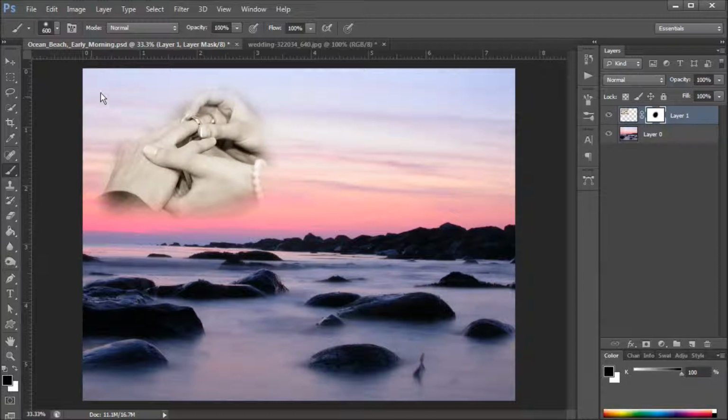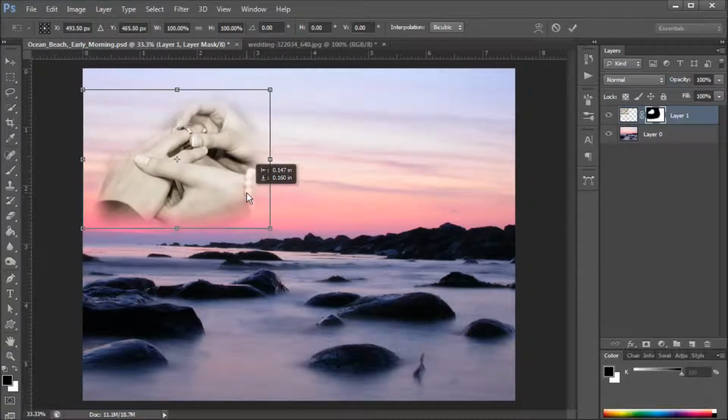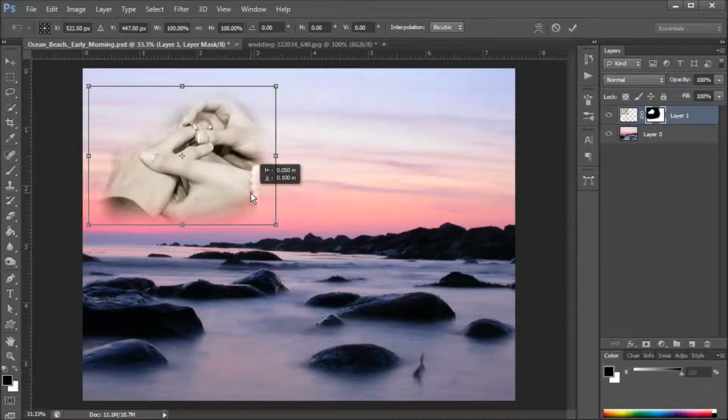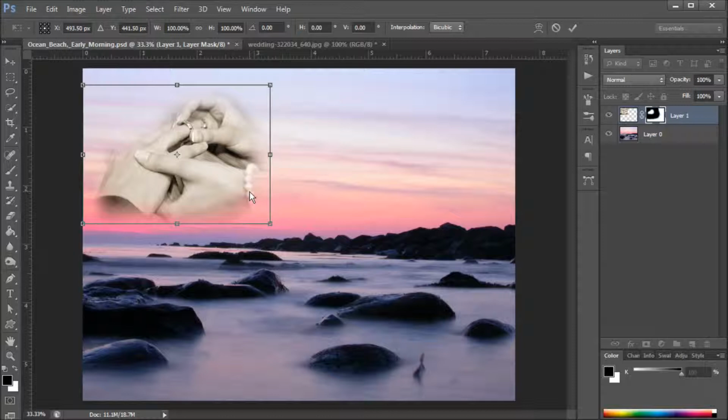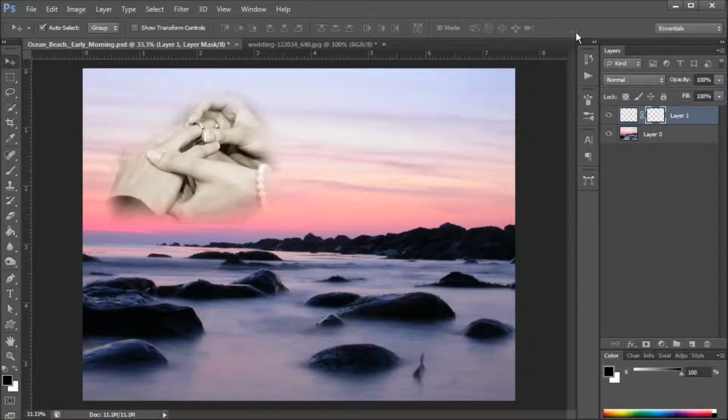And just a little bit more. And I think that looks pretty good. Maybe we'll take out a little bit more here. And that looks pretty good. So what we can do now is, if you like that position, we'll keep it there. Let's see, maybe we can just move this around, just maybe right about there. Alright, that's good. So now that we've feathered it out,